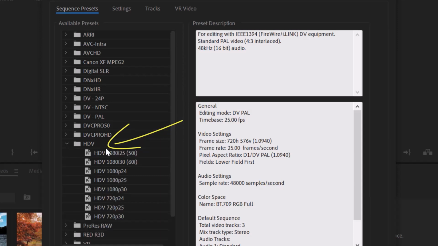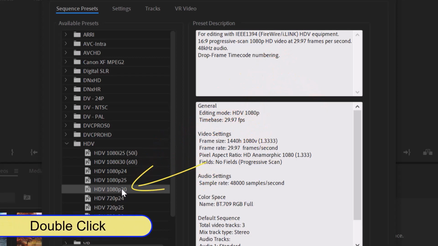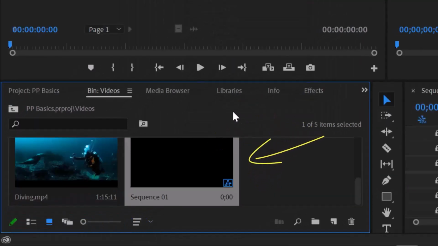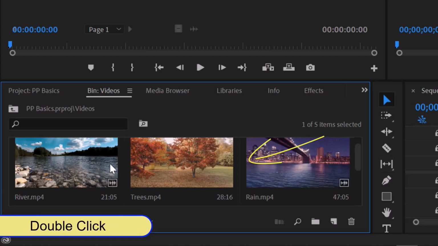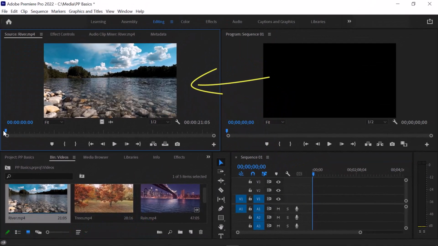You can also select the number of frames per second, and I use the 30 frames per second, which produces a larger file size but better quality than a standard video. As soon as you double-click the preset you want, your sequence will be created in the project panel, and you will be able to add clips to it on the timeline. Now, I can double-click on a video clip in the project panel to add it to the sequence,